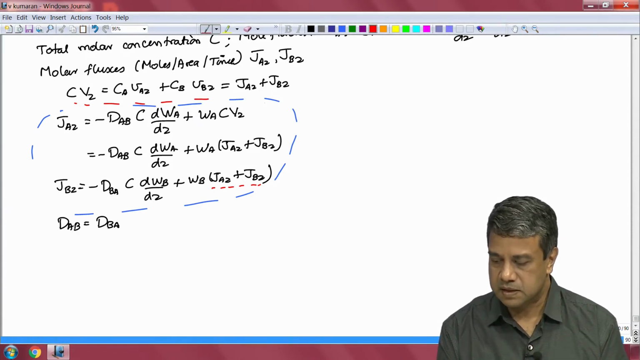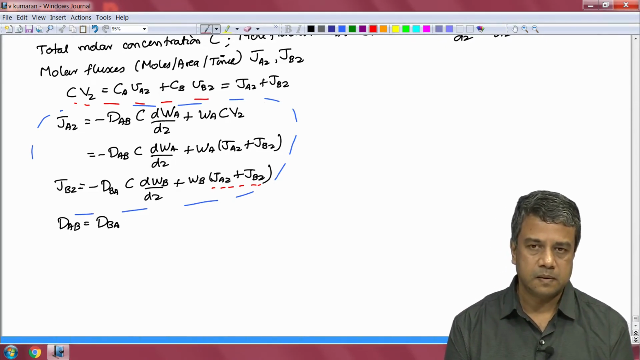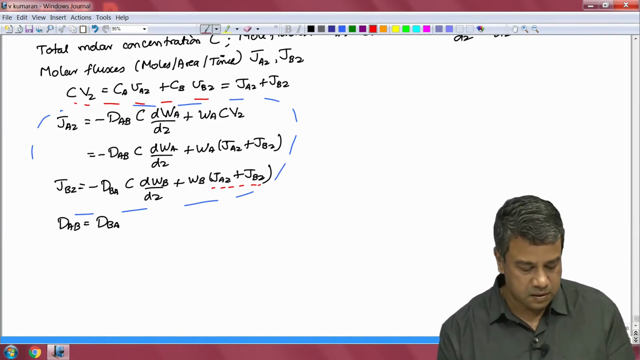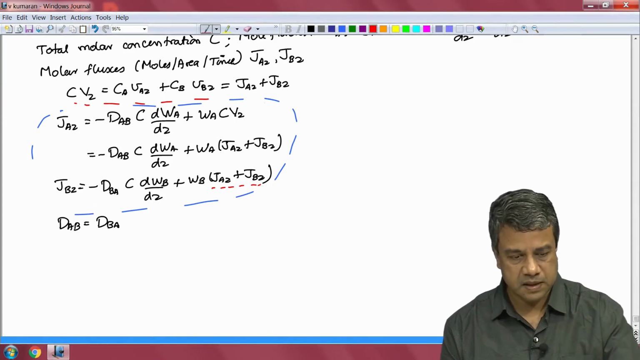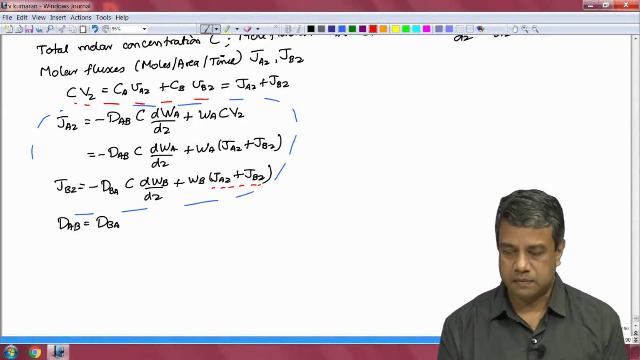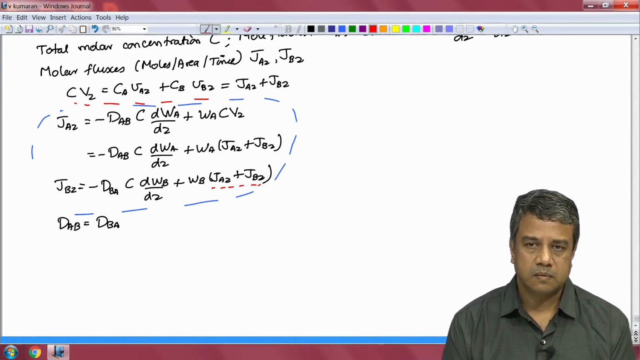So, that is the reason why problems in binary diffusion are often solved using the molar averaging procedure. Especially in gases, where the sum of the moles of all of the species has to be a constant. The sum of the masses does not have to be a constant. In the ideal gas